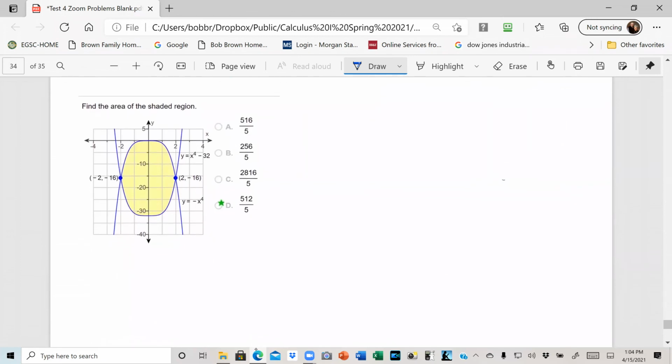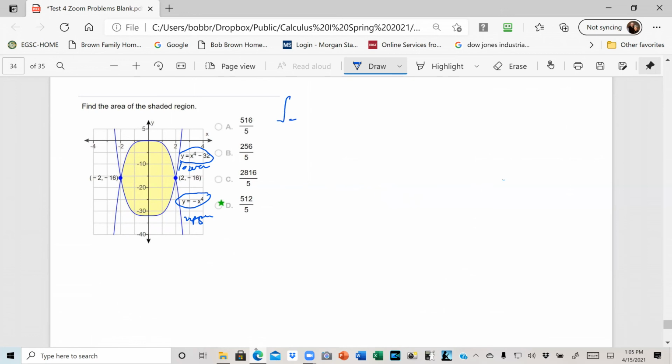Now we want to find the area of the shaded region. We've got the upper curve is minus x to the fourth. And notice the lower curve is x to the fourth minus 32. So we will simply